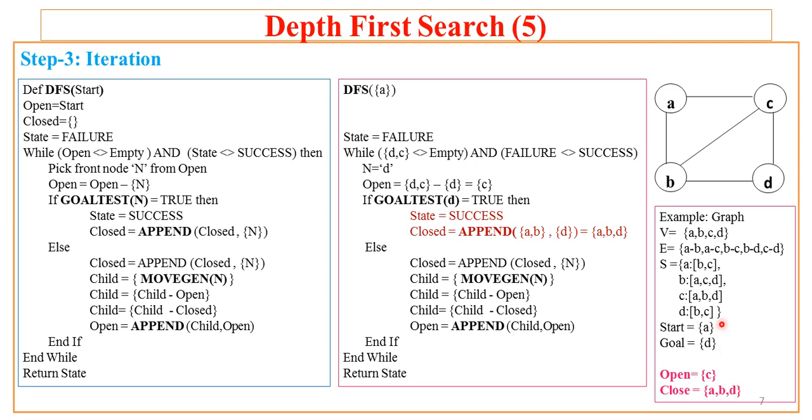But you know well that as we have found the goal node, the closed list has a path starting from source to destination. So what is our source? A, and via B we have reached D. In this graph, if you see carefully, we can traverse from A to B and B to D, and this way we have traversed as a depth first search. We are moving deeper and deeper. We started with A, moved deep to B and now to D. Hope you understood this DFS behavior.